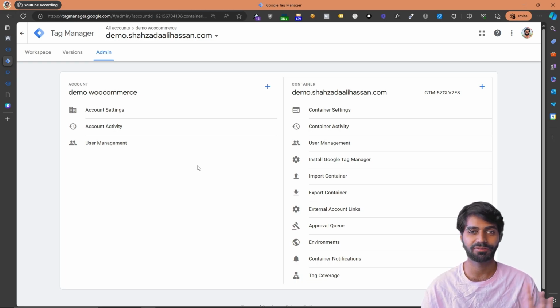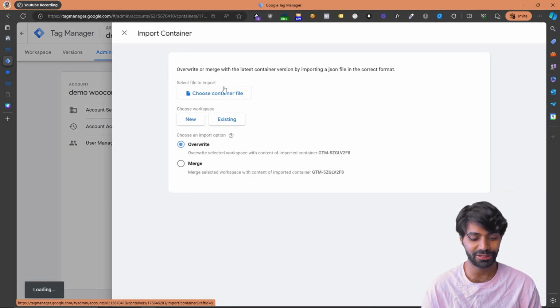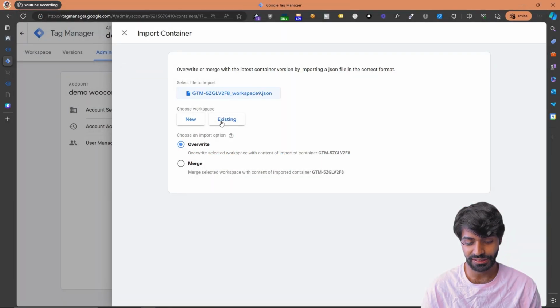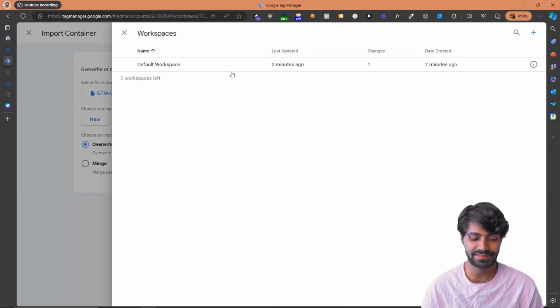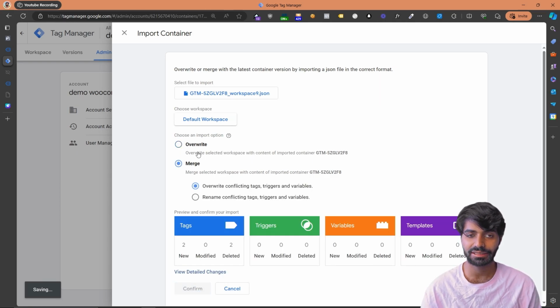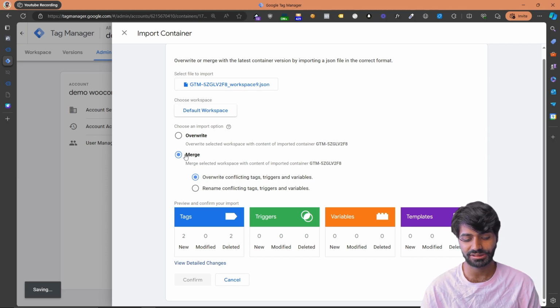And let me quickly show you how you can use that. How you can use this imported container so that you don't have to do all the work. You don't have to create tags, variables, and everything will work perfectly fine just from the start. Once you click on download the JSON file from the website, you can go directly to the admin section of your Google Tag Manager container, click on import container, and choose the container file that you have. For me, the JSON file looks something like this, and you can use existing, so you don't have to create a new workspace for this one, and just select merge. If you click override, it will delete everything. Just select merge,